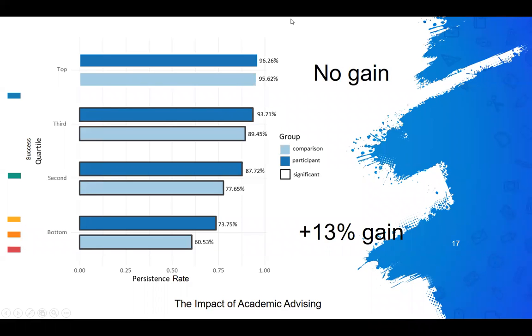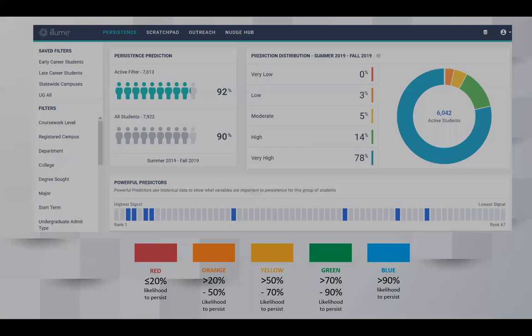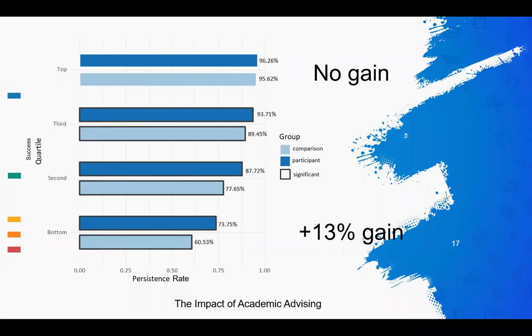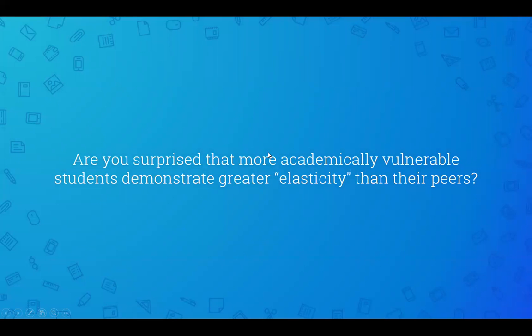And the propensity score match, when I showed you this book here, those methods are described on the last page of this book. This book contains a lot of those propensity score matches, and at the last page there's a method section where it talks about a prediction-based propensity score match and how that helps us to learn the things that we're trying to learn. Are there other questions, and then also other thoughts about are you surprised by this elasticity, or is it about what you would expect?